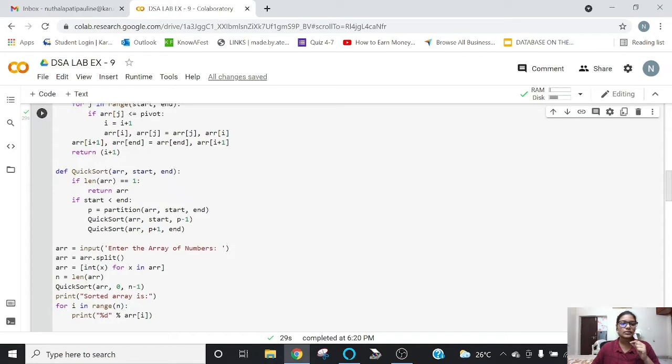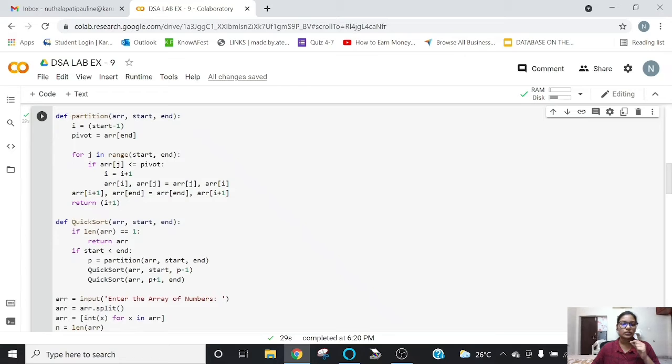If this condition is false, then the other if condition is executed, which means if start is less than end, that is, if the value at the starting index is less than the value at the last index, then p is going to hold the partition function which we have just seen. This function contains the whole partition definition and its implementation.